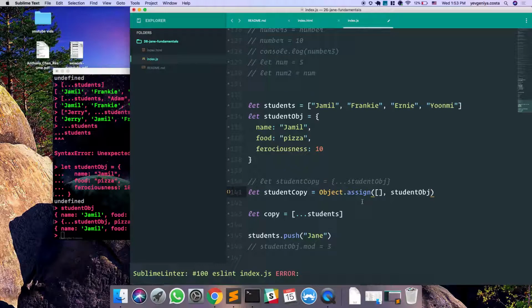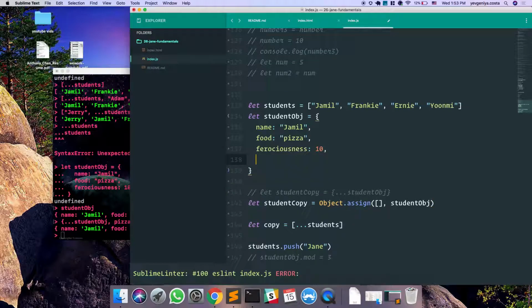Okay. So you can do stuff like this. Just be careful with spread operator and object.assign, because while it does make copies for you, if you had a deeply nested object or array, it wouldn't work on the deeply nested stuff. So for instance,